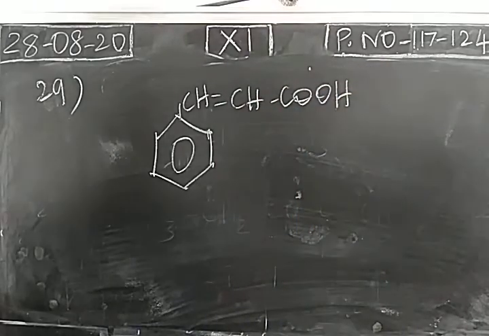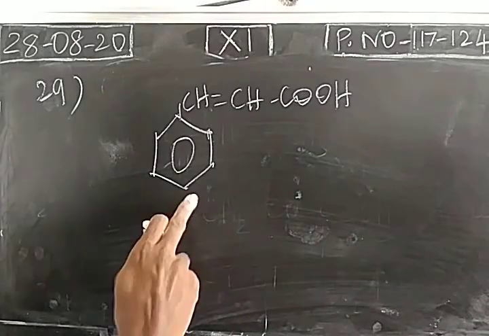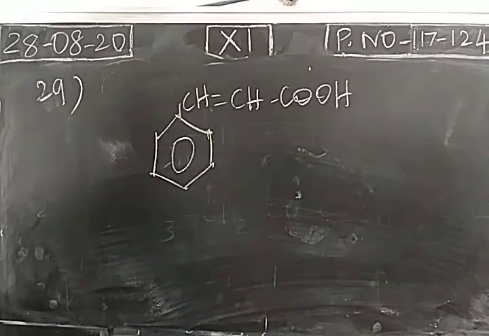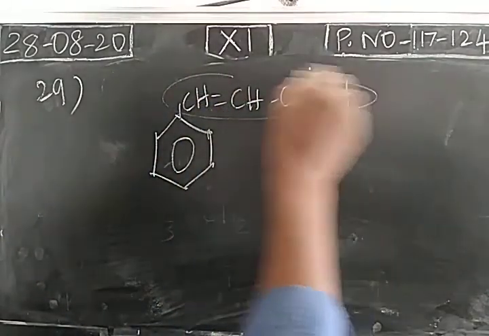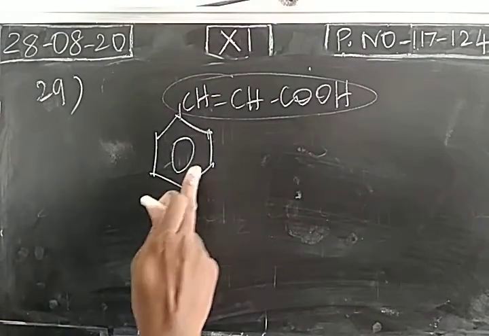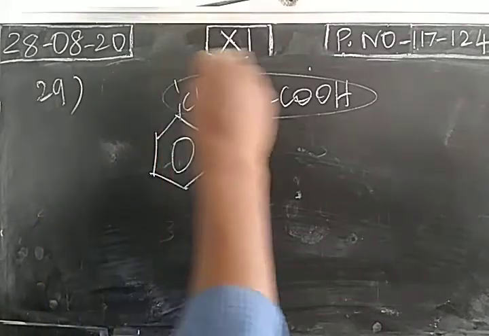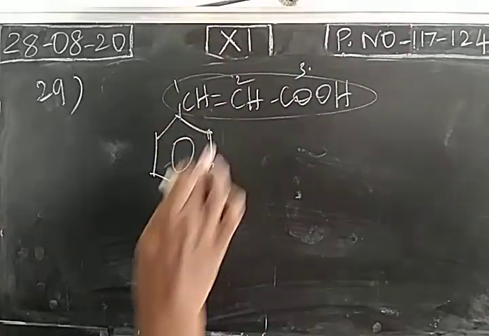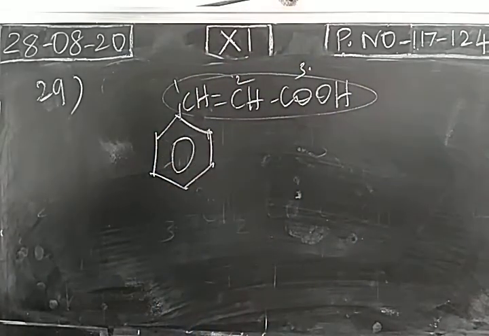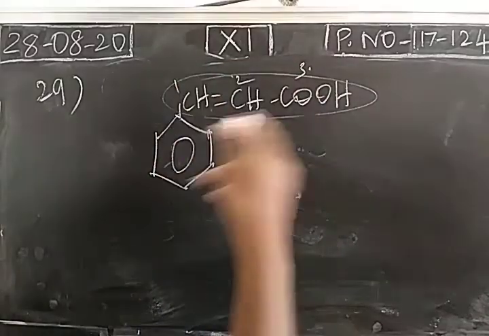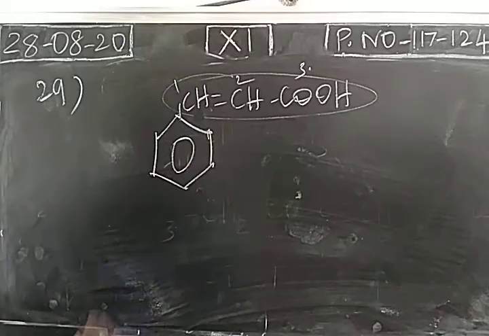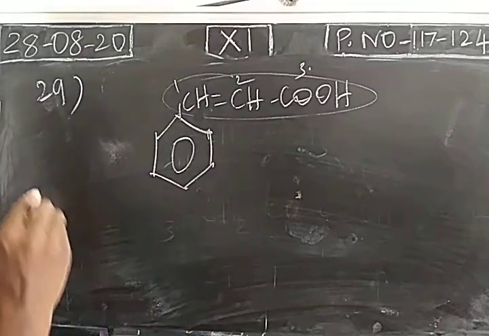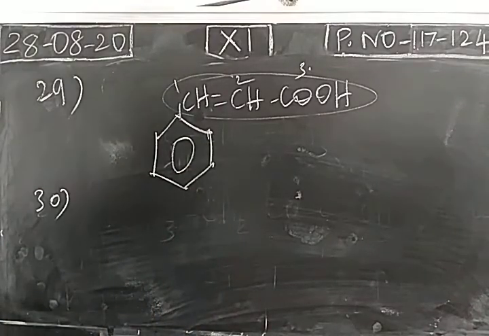Okay, this is carboxylic acid. Okay, so in this compound, the functional group is carboxylic acid. So functional group is carboxylic acid means this will be the longest chain. This will be substituent. Its name is phenyl. Okay. At first carbon, phenyl group is present. Based on this clue, write the IUPAC name. This is the longest chain. 3 carbon atoms. So substituent at first position. So 1 phenyl. Okay. Based on this, complete it. Compound number 30.